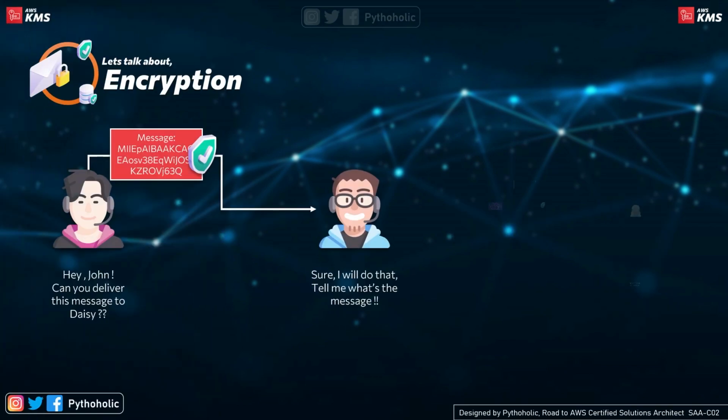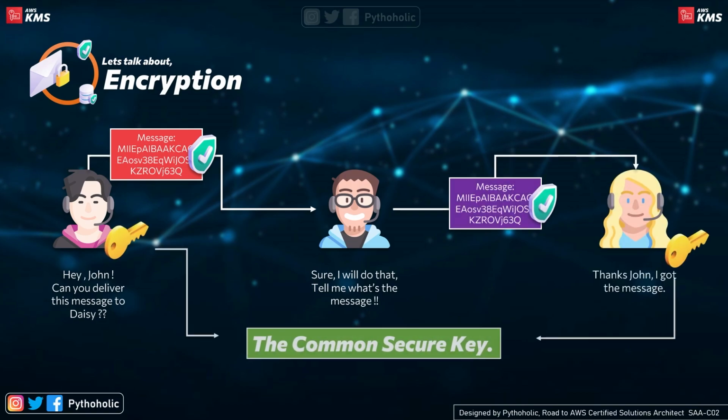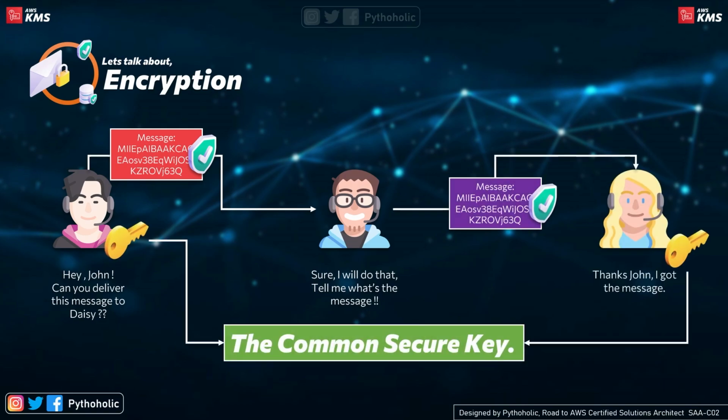To avoid the information being manipulated again, what you did was you encrypted the message and you gave the encrypted message to John to deliver it to Daisy. And how did we do that? So the message was encrypted using a common key which you had already given to Daisy as well, using which she will be able to see the message by decrypting it using the key that we have shared. So that will be a common secure key. And the middleman here will not be able to understand anything. He'll not be able to read the message.